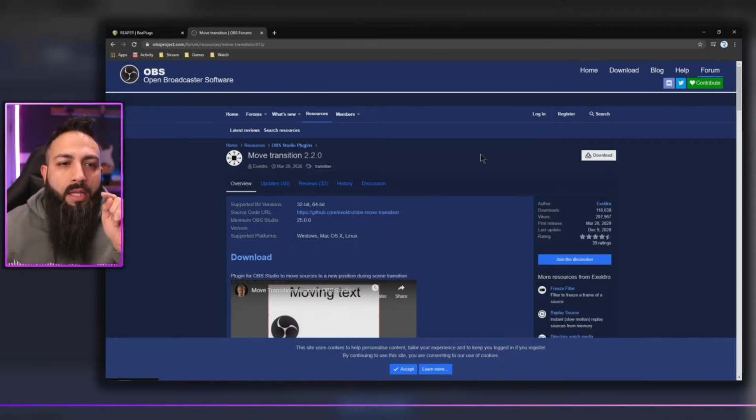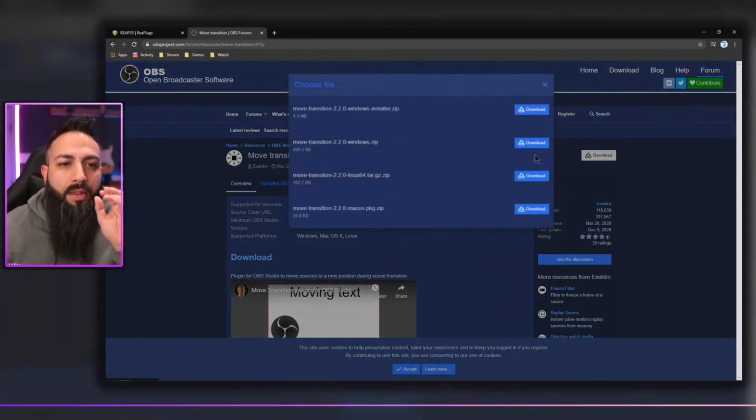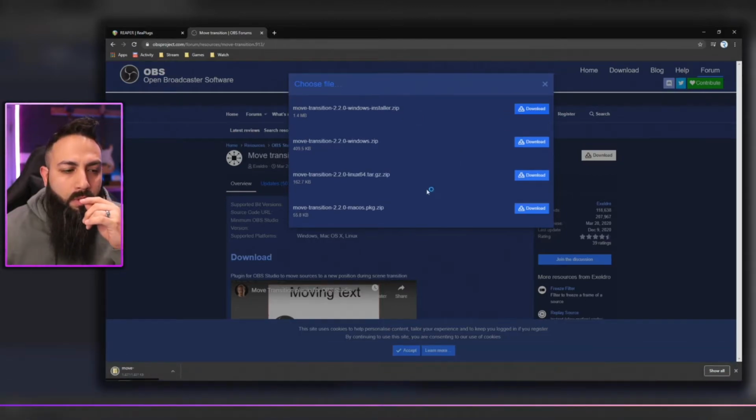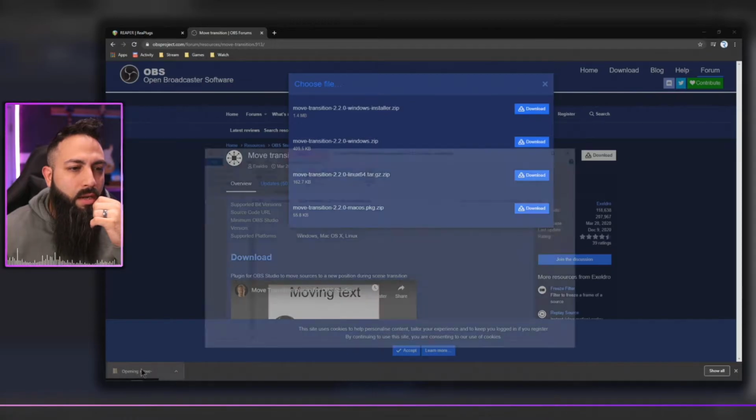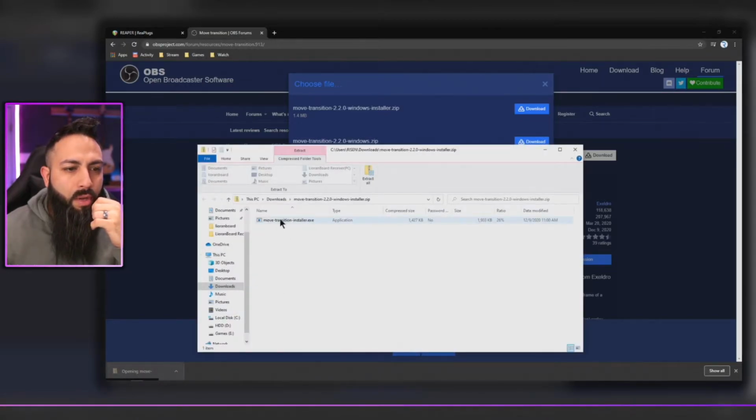Just click on it. It's going to take you to this page. You're going to click the download button. Again, depending on which version you have, Mac, Linux, Windows, click the appropriate download button. I'm just going to click the Windows installer zip, and that's going to create a folder right down here. We're going to open that up and